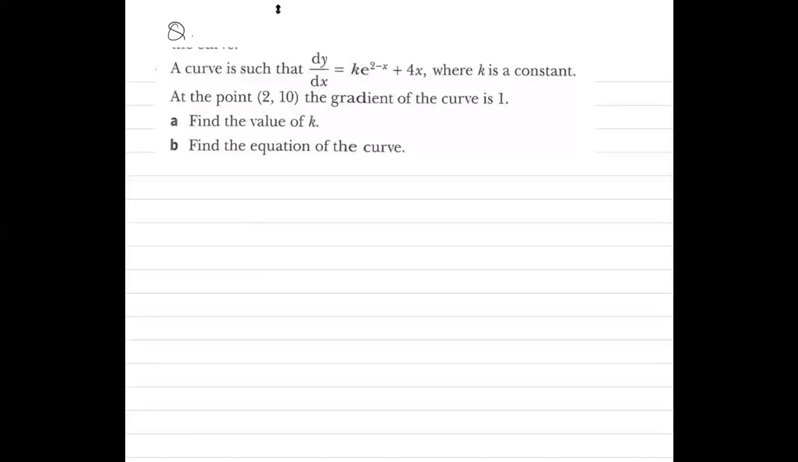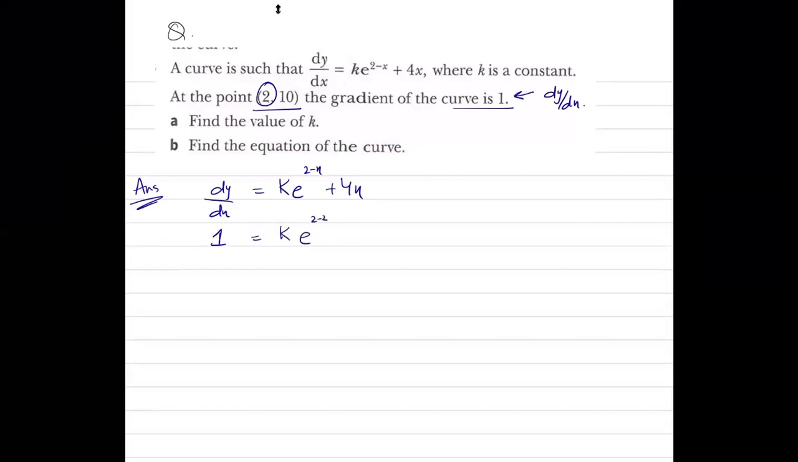All right, so let's solve this together again. The dy by dx expression was given to us. We were given a point and we were given that the gradient of the curve is 1. This gradient of the curve is actually the value of dy by dx at x equals 2. So when I use this expression, dy by dx equals k e to the power of 2 minus x plus 4x, I know that the dy by dx value is 1,